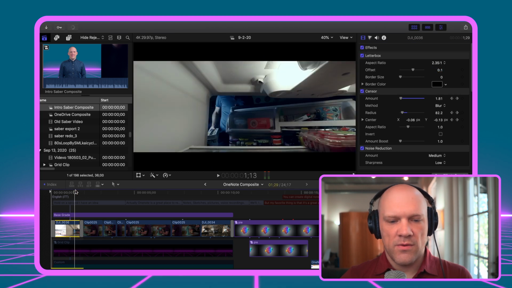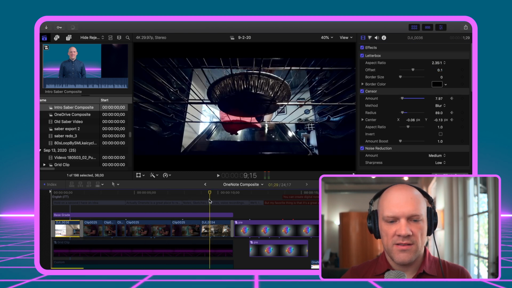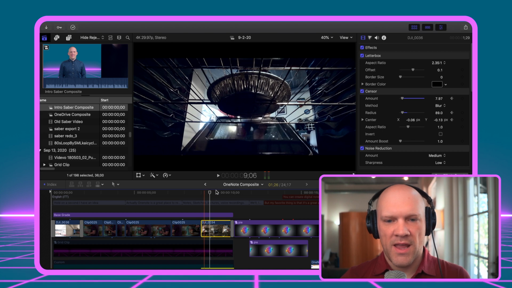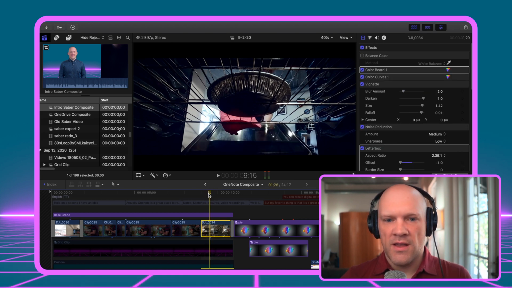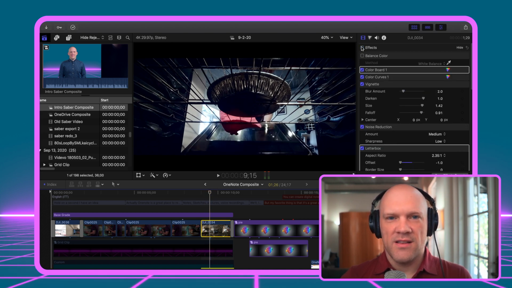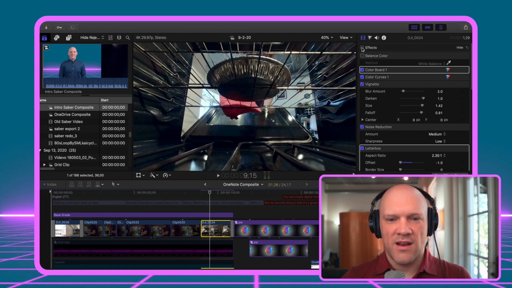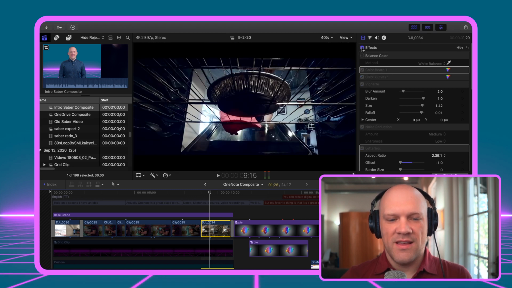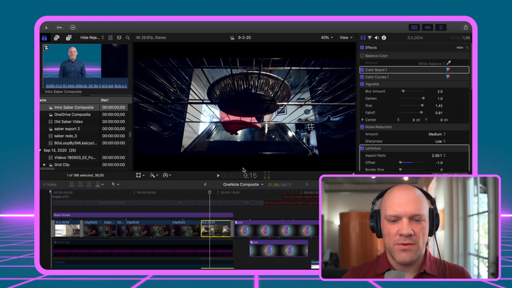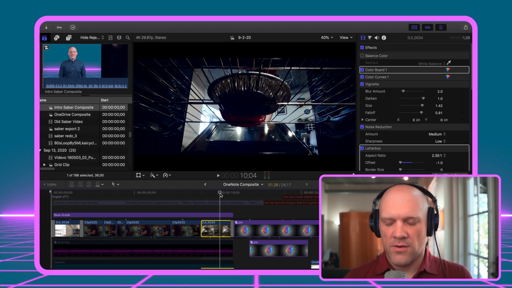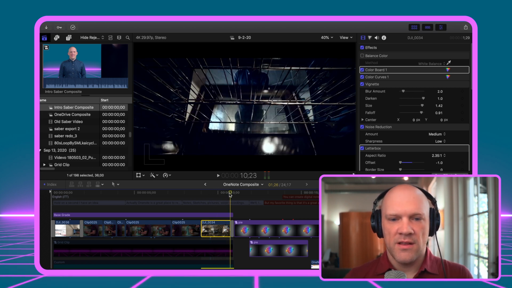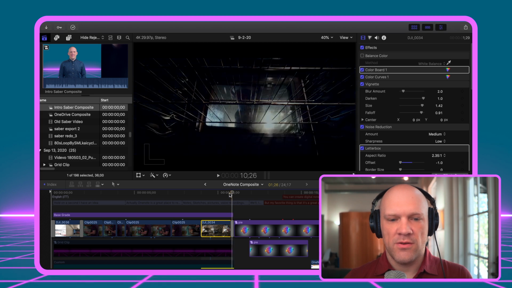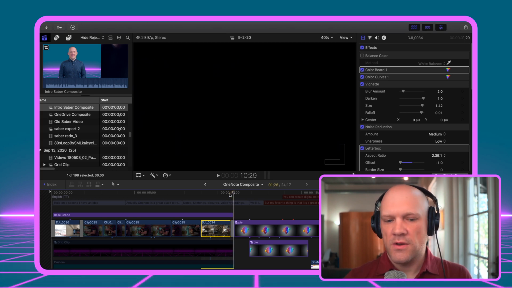With the oven sequence, I actually have the light on inside the oven so that you can actually see the pan and the metal shelf. It was actually a lot brighter than it needed to be. I thought it looked kind of weird being so bright. And the other thing is, since I had the light on the whole time, when I go to close the oven, the light still stayed on. So I'm having to do a crossfade to fix that issue.